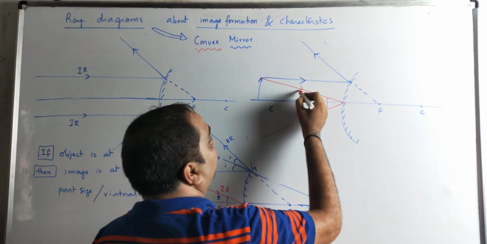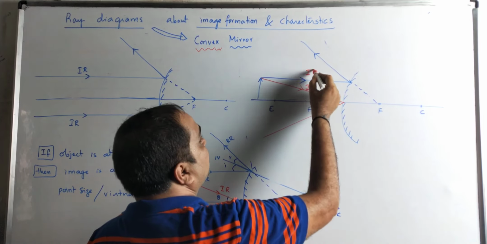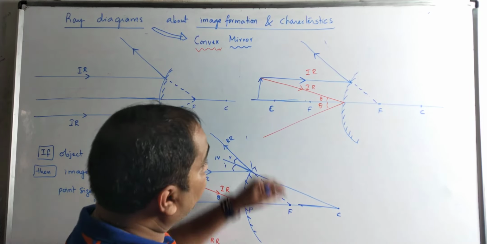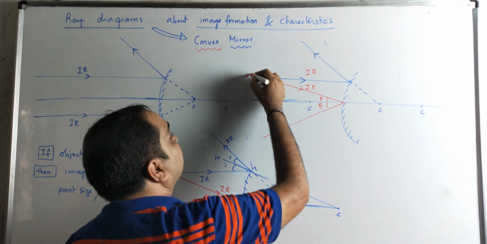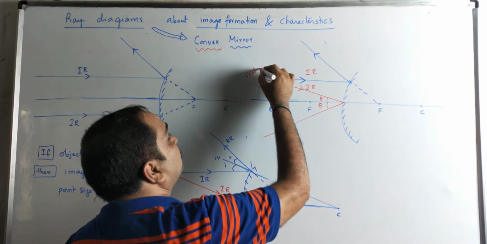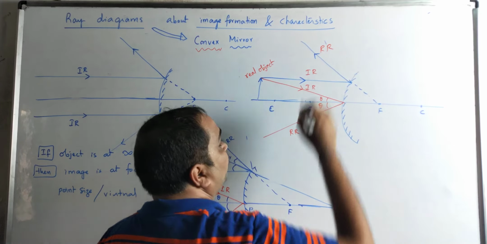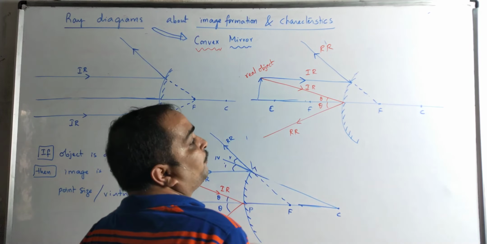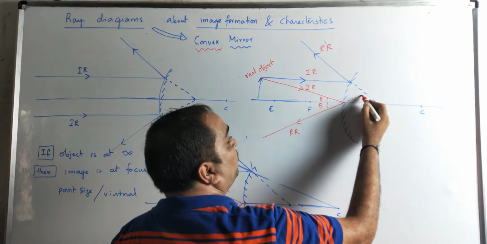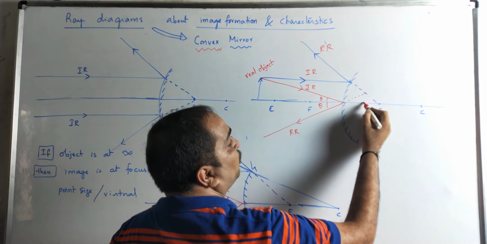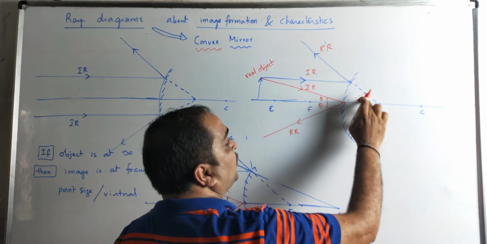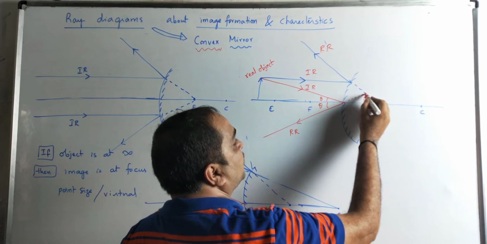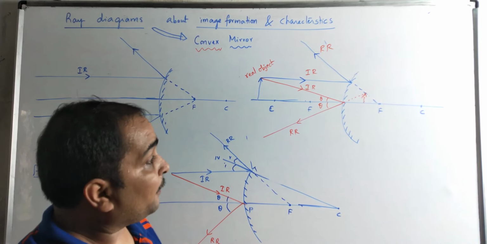So this is the incident ray. This incident ray and this incident ray are coming from a point. They do not merely appear to be coming, they are really coming from a point. So the object is real. This reflected ray, definitely they are not going to meet. So we can make them appear to meet. So this is the point where they appear to meet. So this is the image formed. This image is not a real image, so we draw a dotted image so that you can understand there is a difference between real image and virtual image, but it doesn't matter.